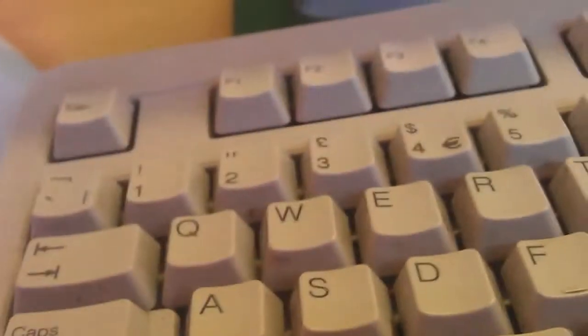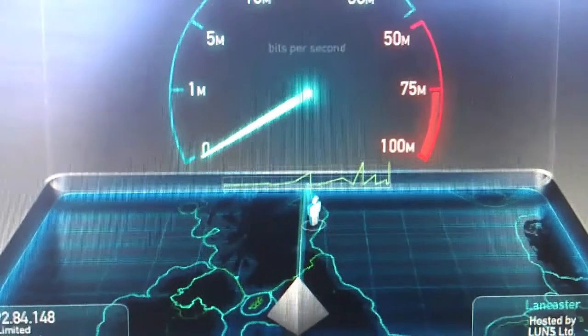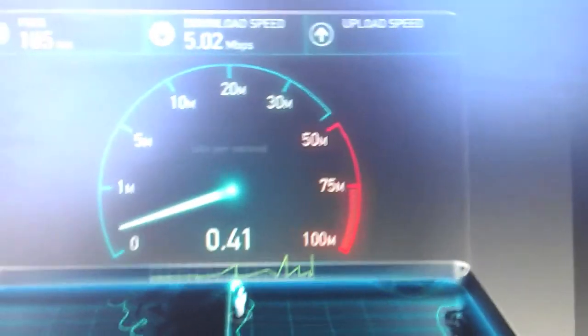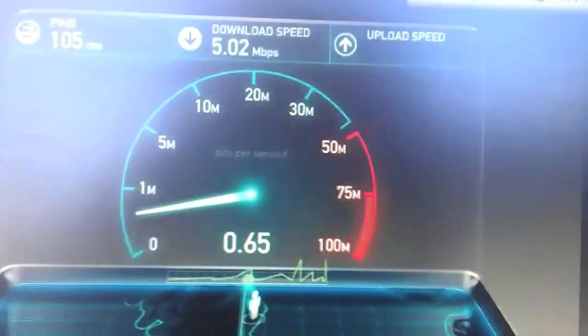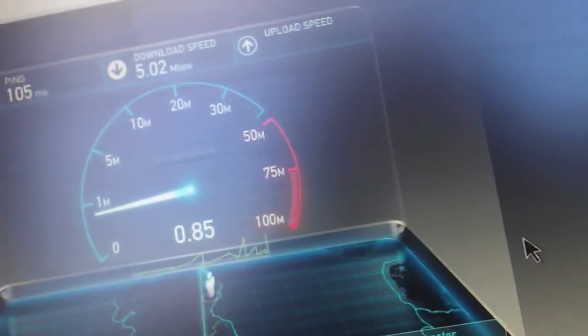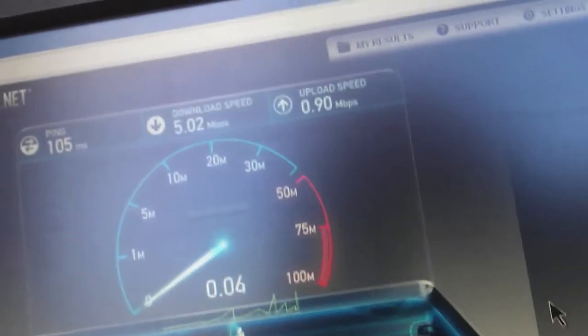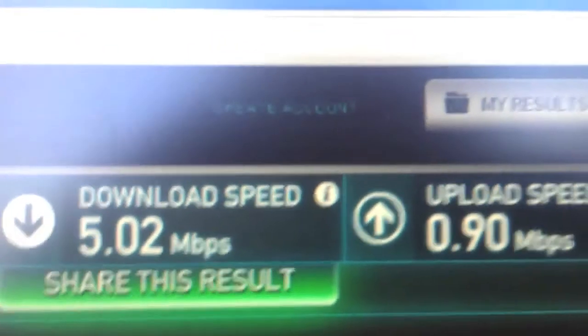Wireless strength very good. So let's see what sort of a speed my jury-rigged Wi-Fi solution can get us. I'm happy with those speeds.